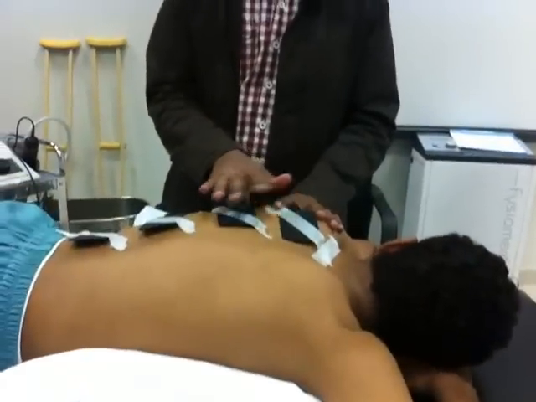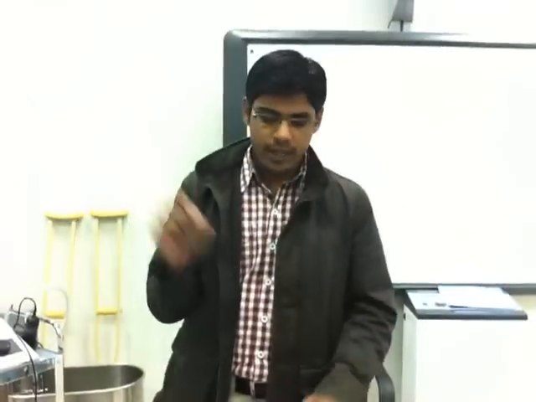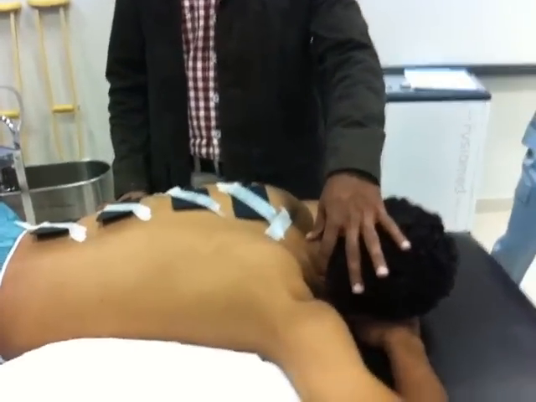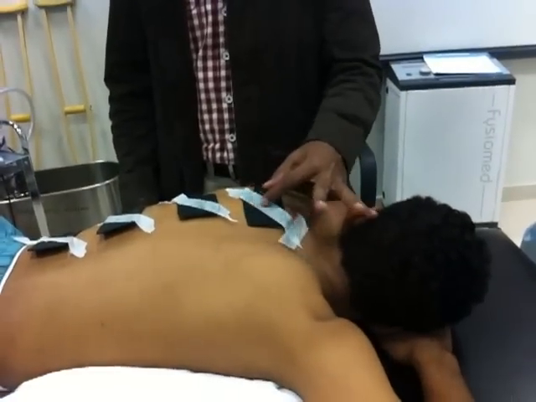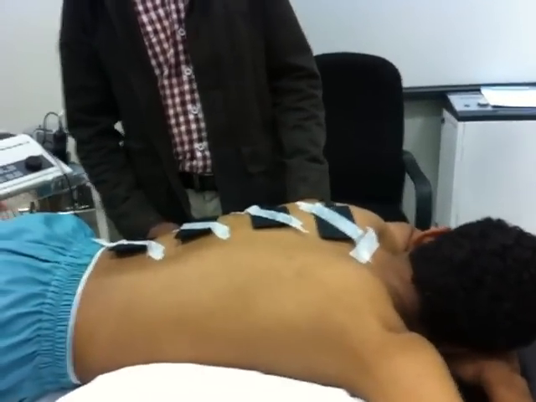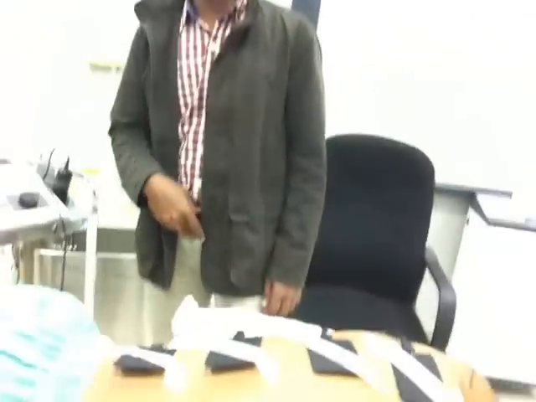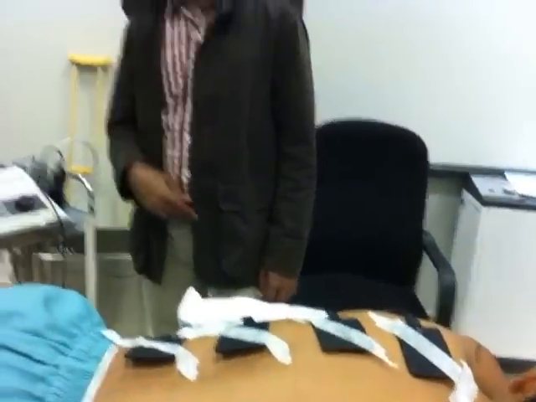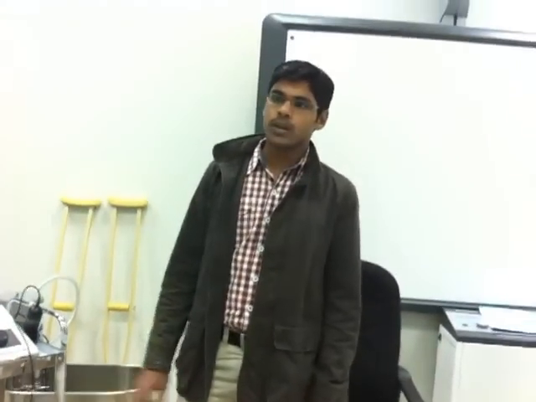But this big an electrode can't be used for treating the neck, because you need a very small surface electrode in order to place it. If the patient has neck pain and you want to treat it with IFT, you need to use a very small electrode. There are machines available where you can use only two electrodes in IFT, the two pole method, maybe for the small area. But this machine doesn't have an option of using two electrodes.